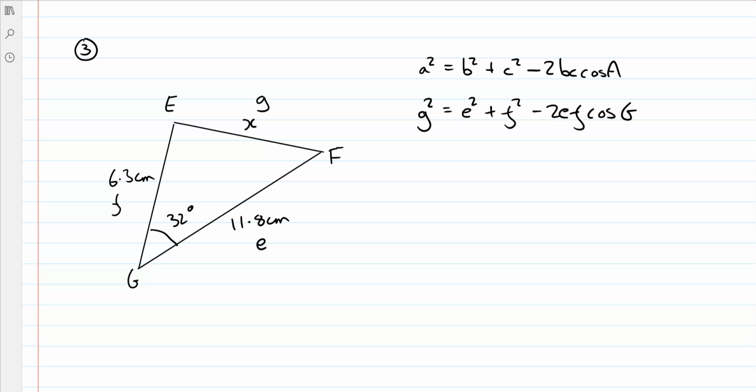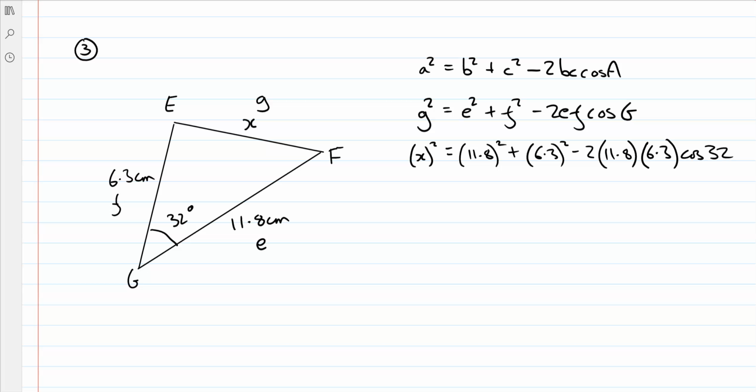because it's easier that way. And sub in, so G is x, so x squared is e squared, which is 11.8 squared, plus f squared, 6.3 squared, minus 2 times e times f, then cos of the angle G, which is 32. So it's all labelled up nicely, so it should be quite straightforward getting there. Stick this in your calculator, 11.8 squared plus 6.3 squared minus 2 times 11.8 times 6.3 times cos of 32,